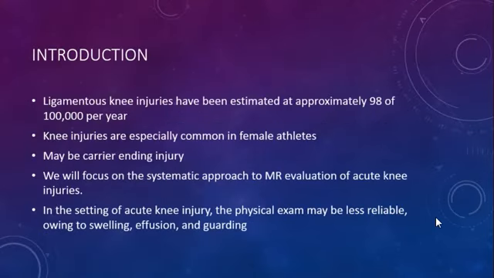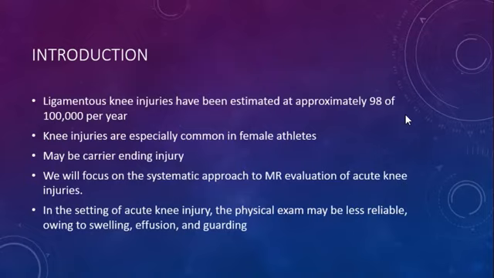First of all, rapid introduction. The ligamentous knee injuries have been estimated to be approximately 98 per 100,000 per year. So it's a very common kind of injury, and we have to be well oriented about what we can see in it. The knee injuries are especially common in female athletes, and it may be a career-ending injury, especially for professional elite athletes. Today we will focus on the systematic approach to MR evaluation of the acute knee injuries, and